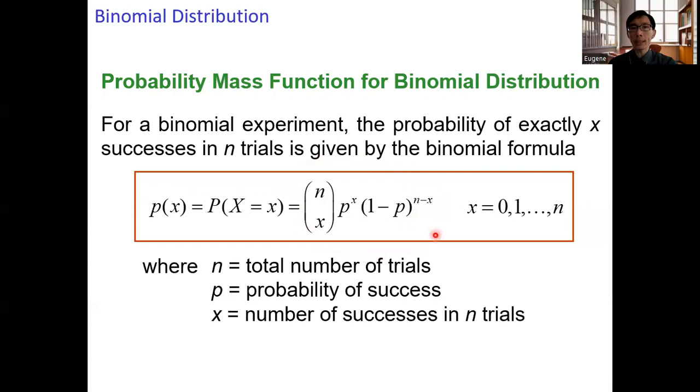Combining all this together in the expression, we get the PMF for the binomial distribution of exactly getting x successes in n trials. For these binomial distributions, we use the notation: the random variable x follows B, where B stands for binomial distribution, with parameter n corresponding to the number of trials, and p, the probability of success.